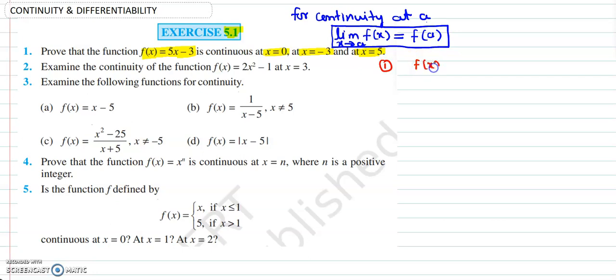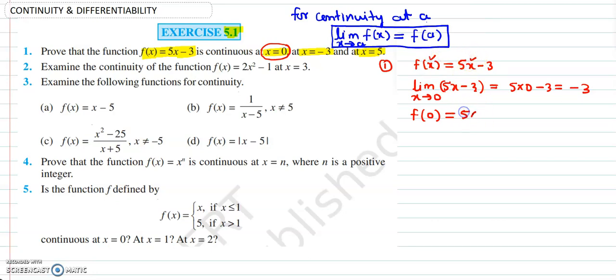फर्स्ट क्वेश्चन है हमारे पास f of x is equals to 5x minus 3। कहाँ चेक करना है हमें? x equals to 0 पे। लिमिट x approaching 0 of the function is 5x minus 3, it will be 5 into 0 minus 3, that is minus 3, and function's value at 0 f0। तो क्या करना है आपने? x की जगह पे अगर 0 है तो इधर भी x की जगह पे आपने क्या रखना है? 0 ही रखना है। तो x की जगह पे हम 0 रखेंगे -3, तो ये भी -3 आ जाएगा। तो क्या हुआ कि लिमिट x अप्रोचिंग 0 ऑफ f(x) और फंक्शन की वैल्यू 0 पे, दोनों ही -3 और -3 दोनों ही इक्वल आ गए।